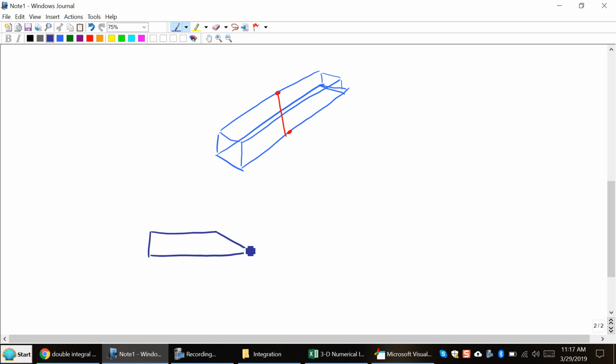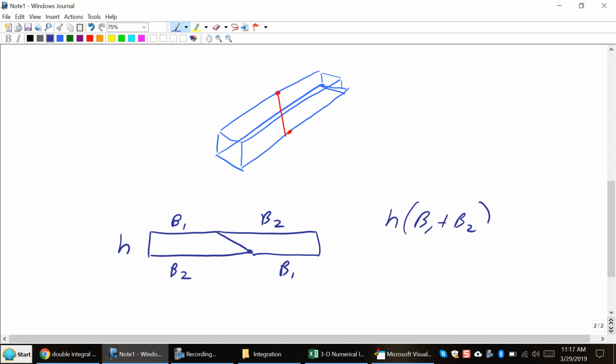Okay, and so then I have the B1, B2, and so then what I do is take a copy of this and turn it upside down, and this becomes B1 and B2. So the area of the trapezoid is the height times B1 plus B2 over 2, right? Everybody get that? For this half cube, you do the exact same thing, but instead of just having a B1